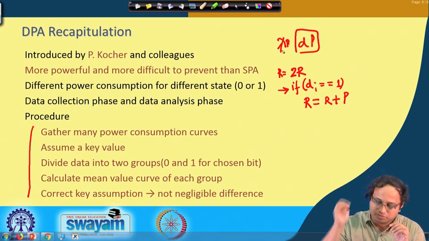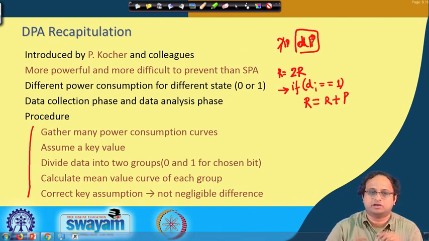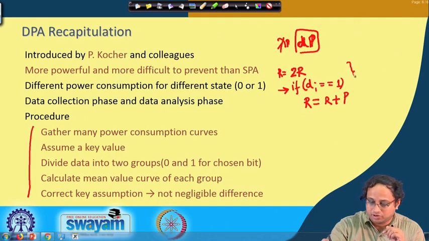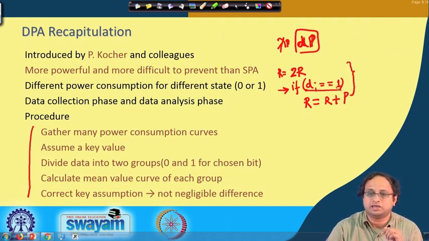So it means that I have the scalar d and I want to add P d times. Here what I will do is guess this di, and I will target this register r. This register r is constantly being updated. If my key bit in the ith step was 0, then I would have got 2r, but instead of that I am getting r plus p. That means this 2r is happening and then I am adding P to it.